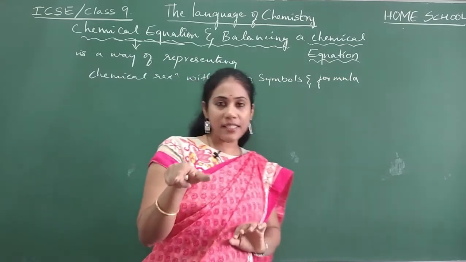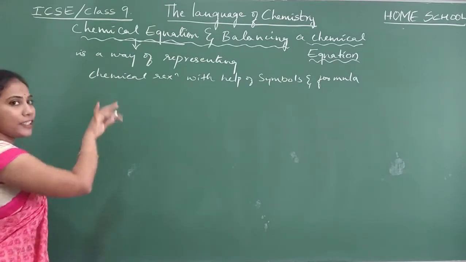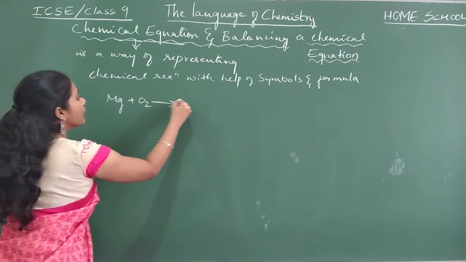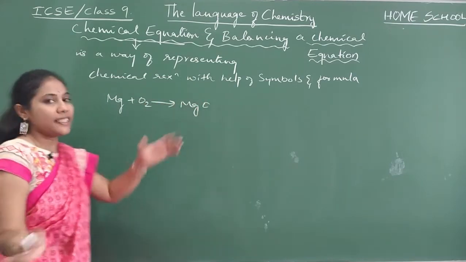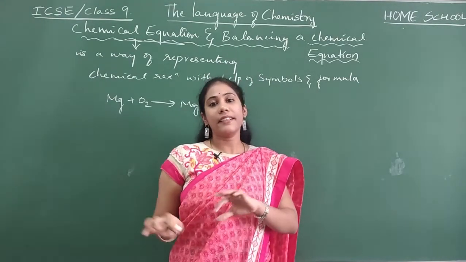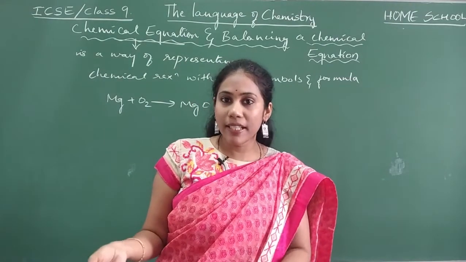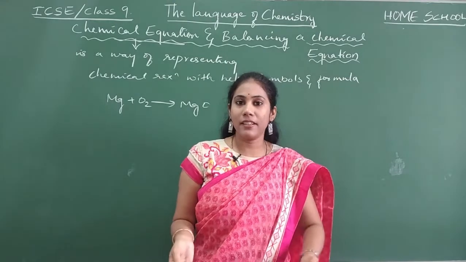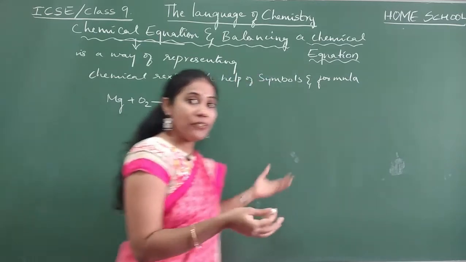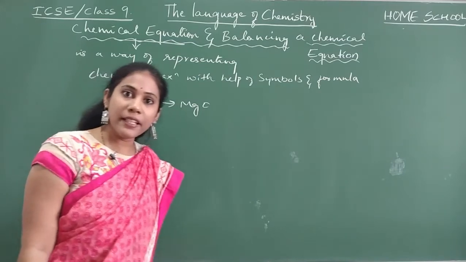Now whatever just now I told you about the reaction, I will write it in this form. See how far you can understand now. Mg plus O2 gives MgO. Whatever I just told, I took a magnesium piece, I held it to the fire, it reacted with oxygen, it gave you white powder of magnesium oxide. This is what I just told you few seconds back, isn't it? And you had lots of confusion about this. But now the same thing I have written like this. You can understand better, no?